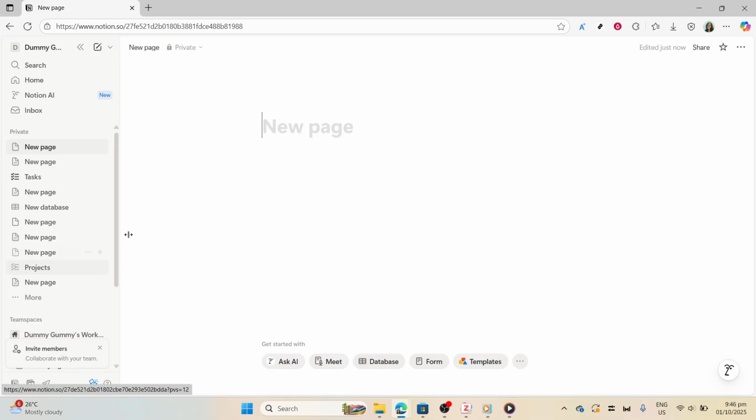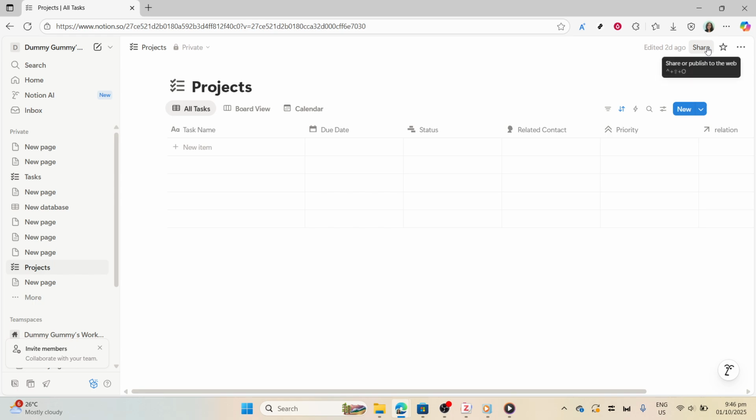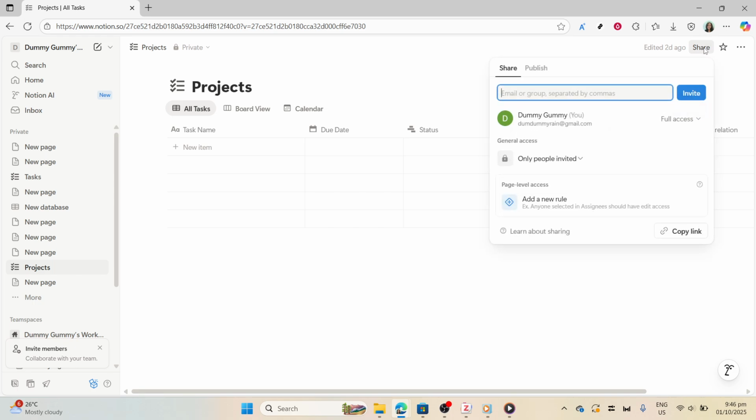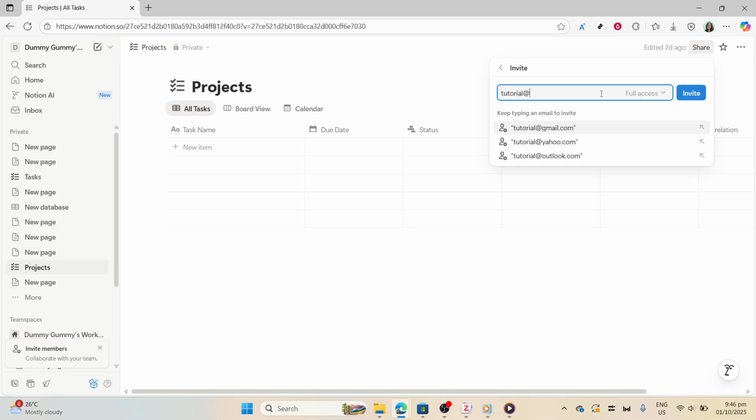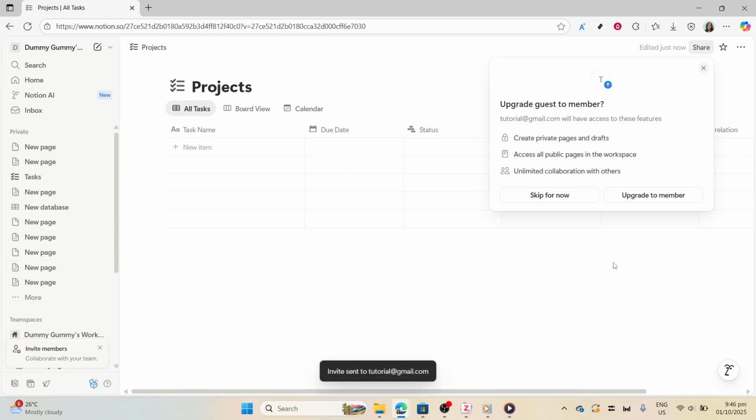When you open your Notion page, you'll notice a share button located at the top right. Clicking this button opens up options that allow you to collaborate with others effectively. If you need to share the page with specific people, simply enter their email addresses here. Make sure to set permissions appropriately so everyone has the access they need. Setting permissions means you can choose whether someone can view, comment, or edit the page, which is essential for managing